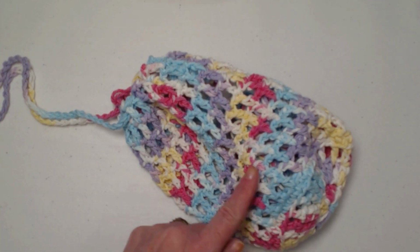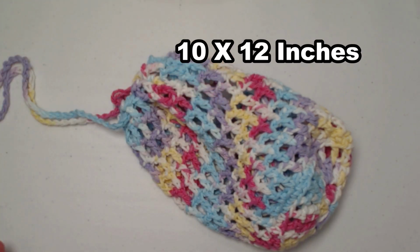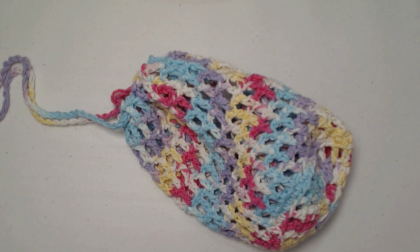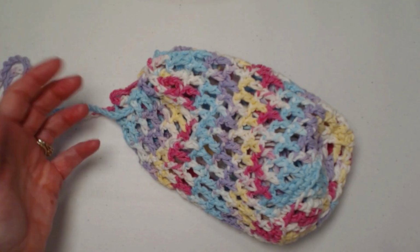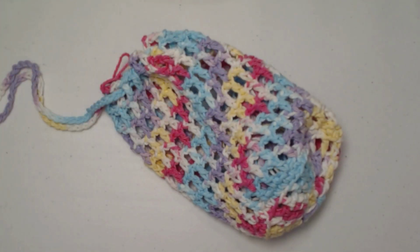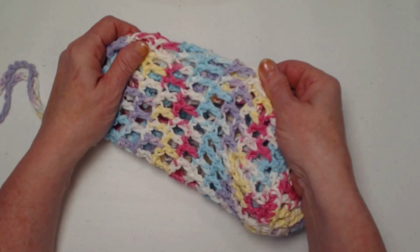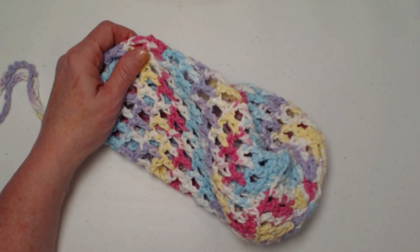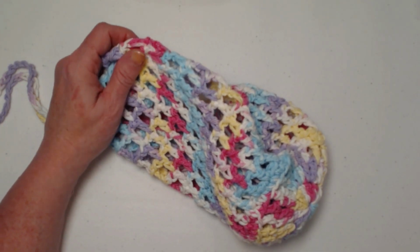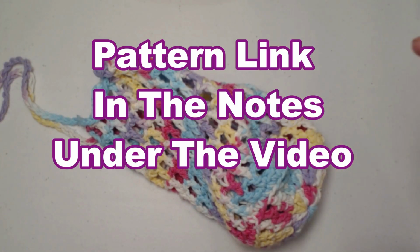It measures about 10 inches tall and it's about 12 inches around. So you could put lots of other things in it. Dog toys, bath toys, going to the beach toys, or just a small bag to take to the beach or when you travel. It's a great little bag. You can see it's made in a mesh fashion, starting with the circle on the bottom. So if you want the written pattern with pictures, you can find that link down in the notes underneath this